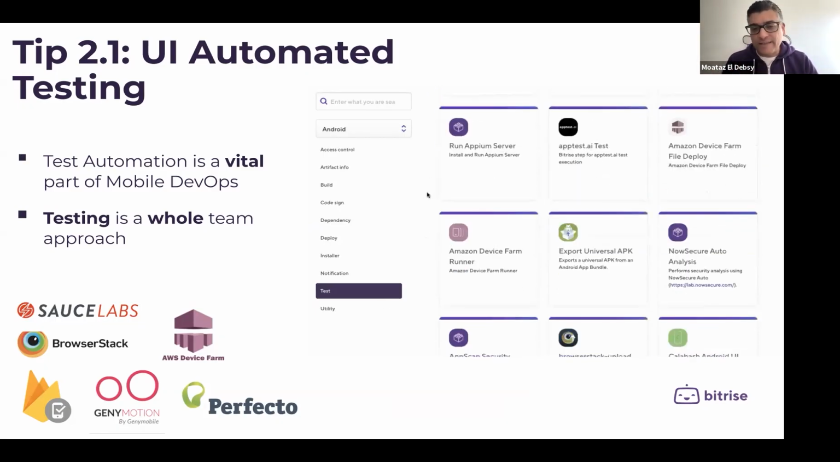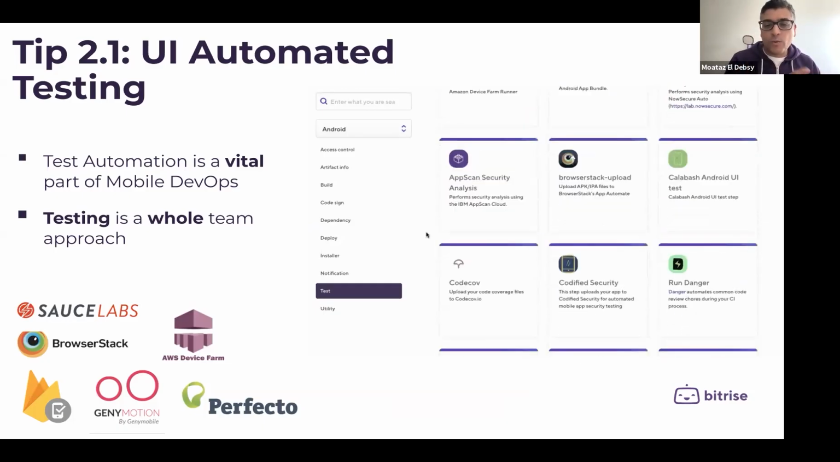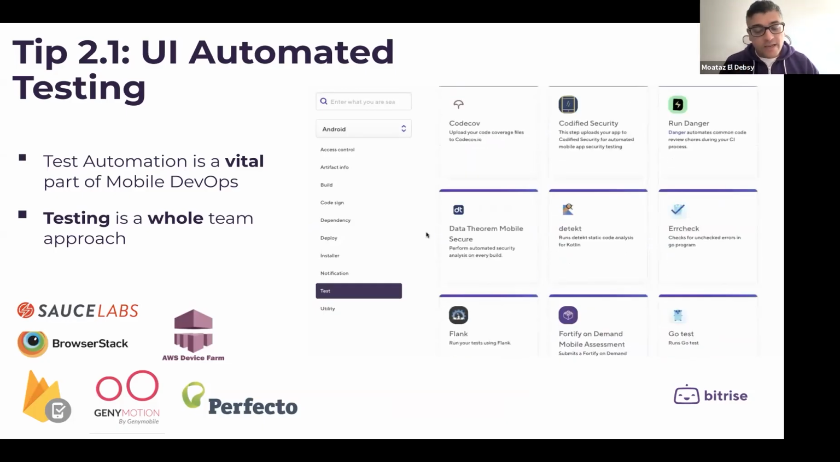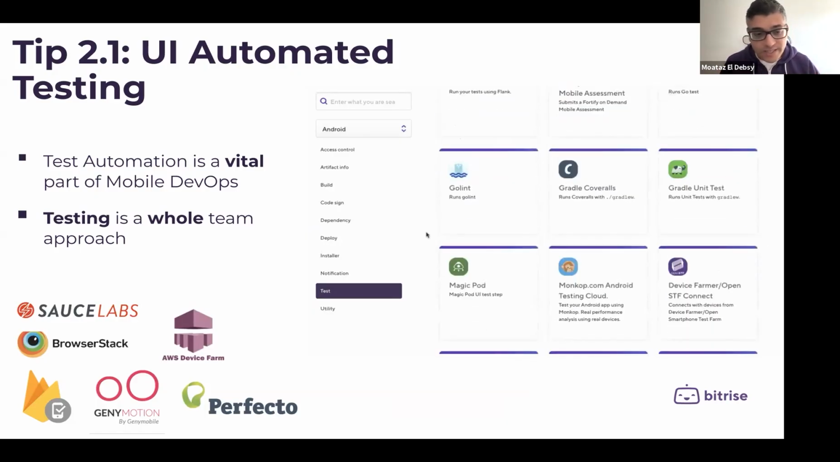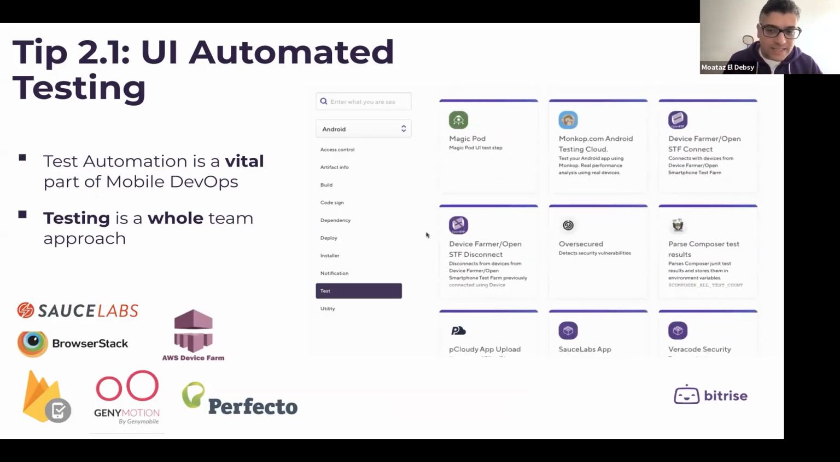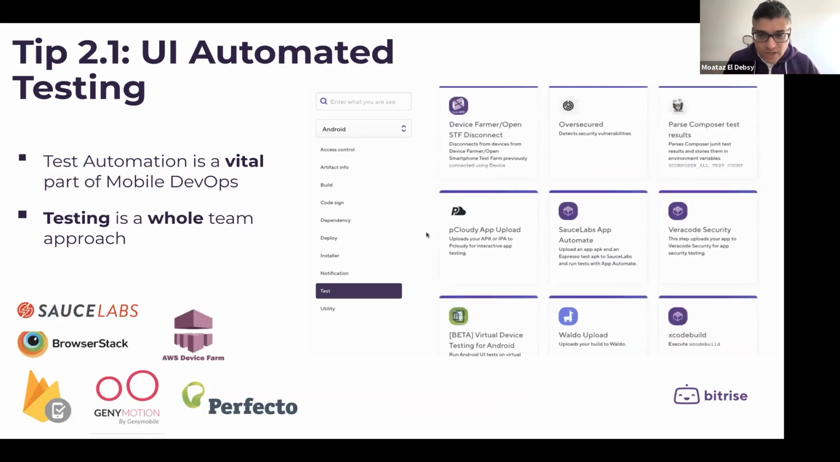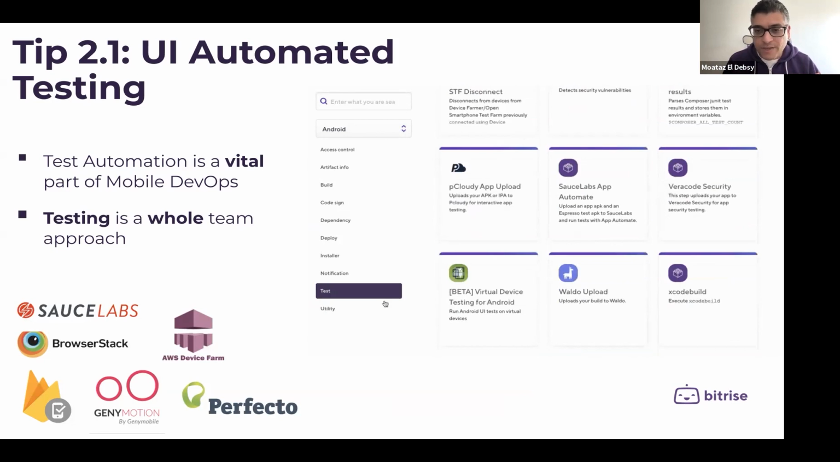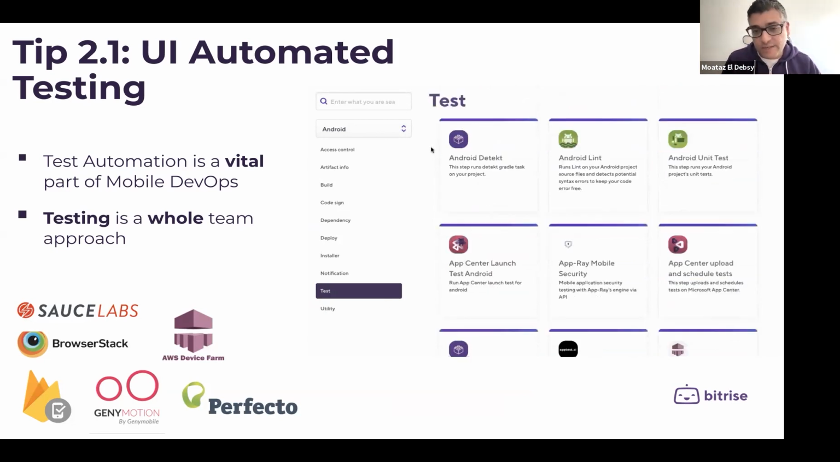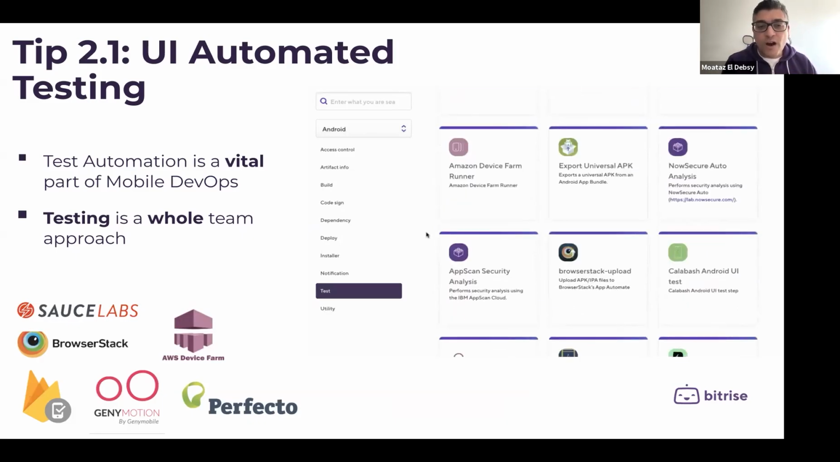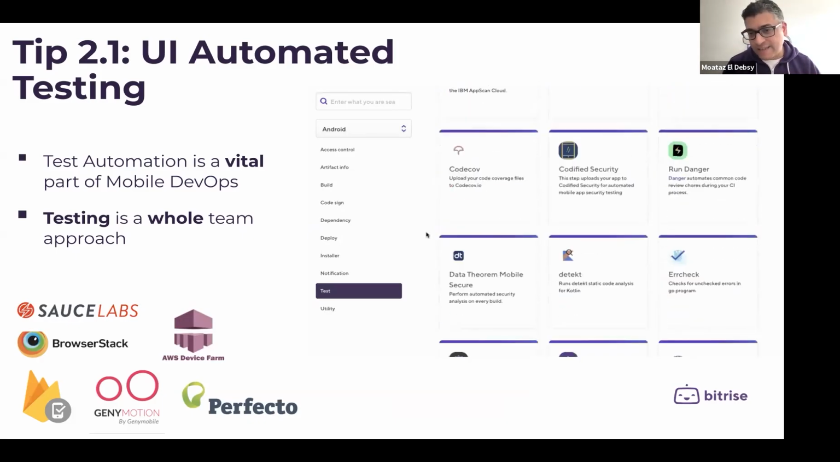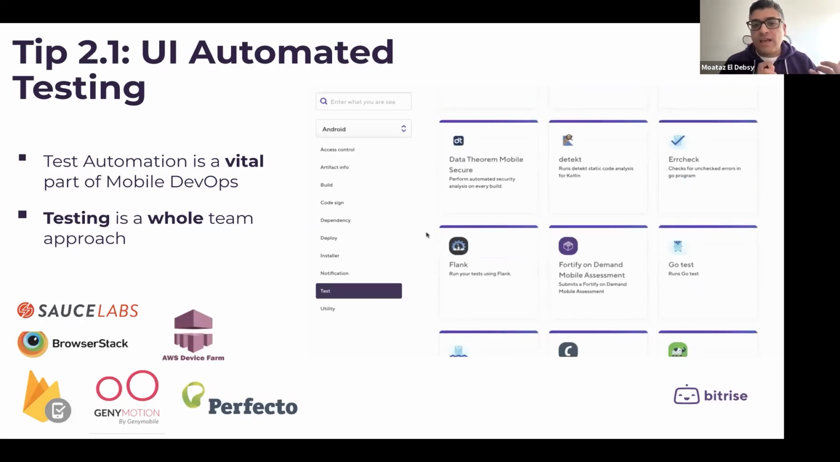And then we can decide where we can run these tests, on cloud devices such as Sauce Labs, AWS Device Farm, BrowserStack, Genymotion, Firebase Test Lab. So it's based on our decision and also on our budget, but you have a variety of testing tools. You just need to make sure that you are covering the critical test cases in your test automation,